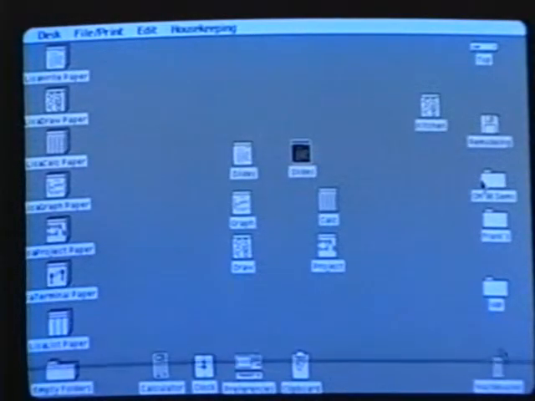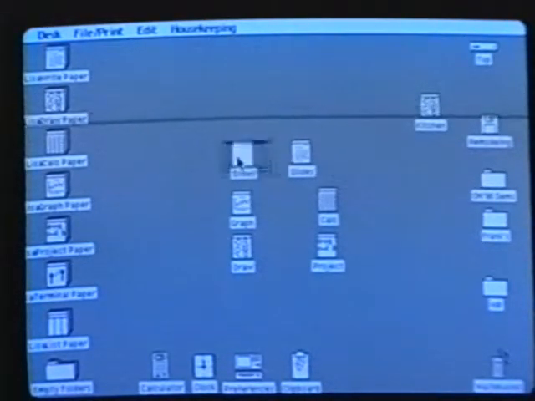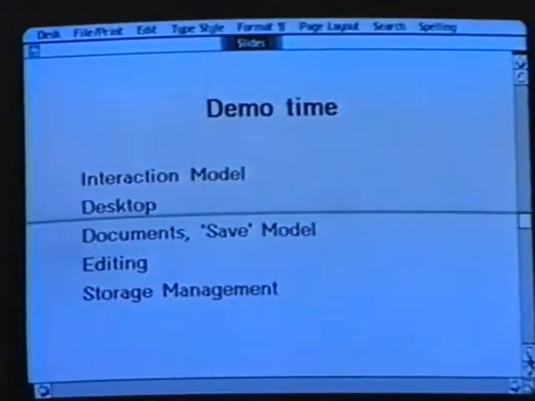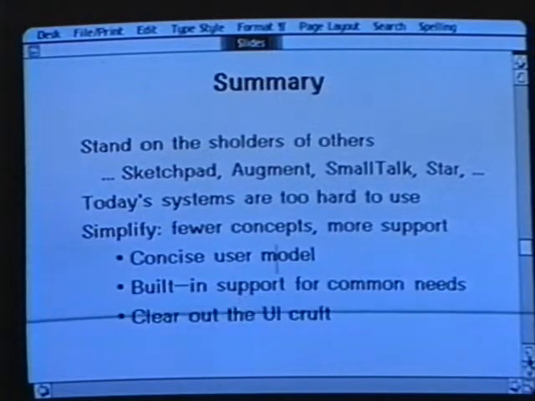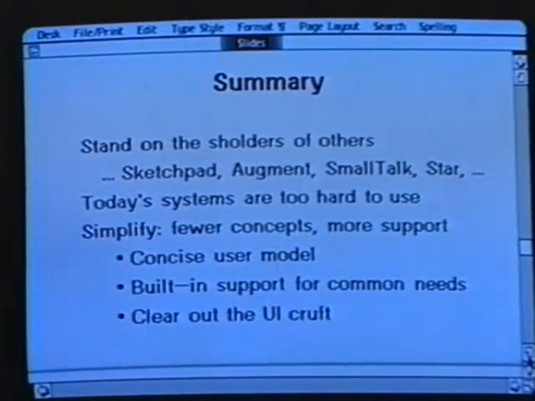There were other things they did, and I'll talk to you afterwards, offline maybe, and we can talk about why they're good or bad. That's another issue. At any rate, to finish up, just to get to some questions here. We all stand on the shoulders of others, and we clearly stood on the shoulders of